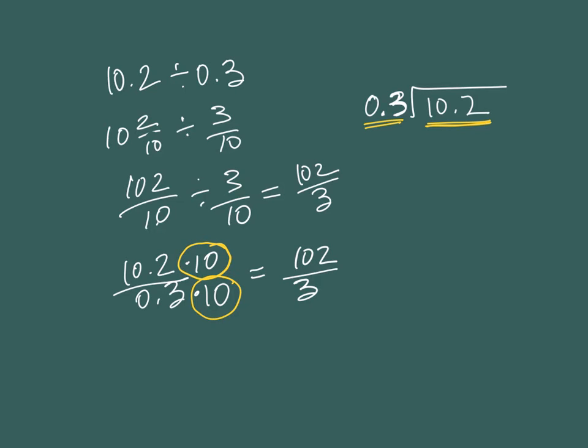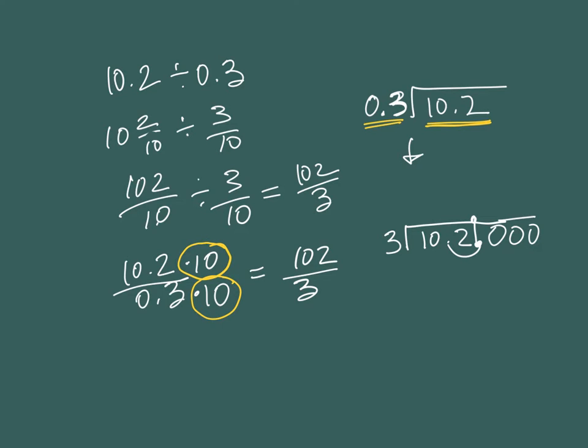And so that's how we get to the algorithm that if the divisor is not a whole number, we multiply or move the decimal point to the number of places we need in order to get a whole number. But then we also have to do the same with the dividend. So I'm going to attach some zeros onto the end there because it looks like this is going to be a repeating decimal. But let's see.